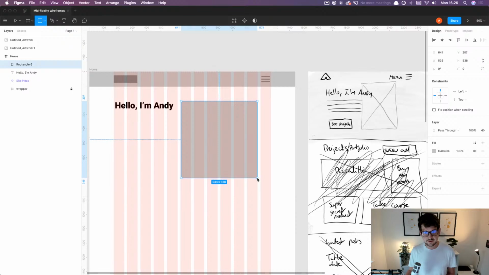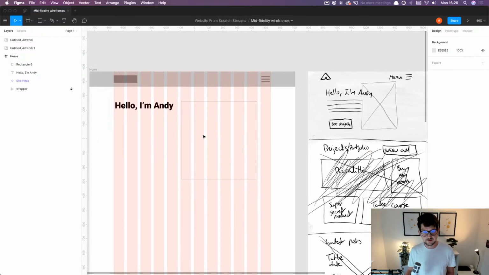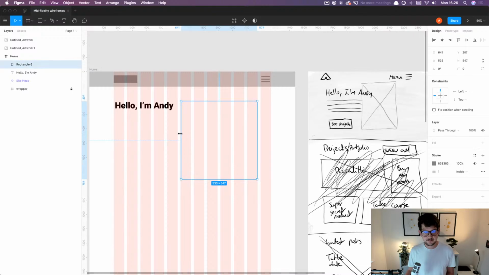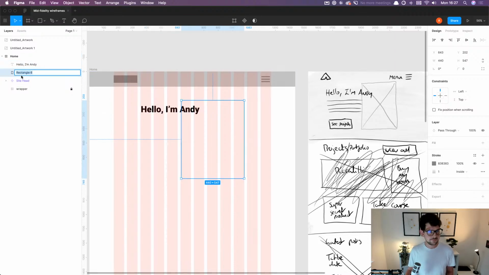And then maybe let's just make that a stroke instead. That darker grey. There we go. Make it quite a narrow one, and do you know what I'm going to do, I'm going to push that in there, and then I'm going to push that in like so. So it's nice and then profile shot,